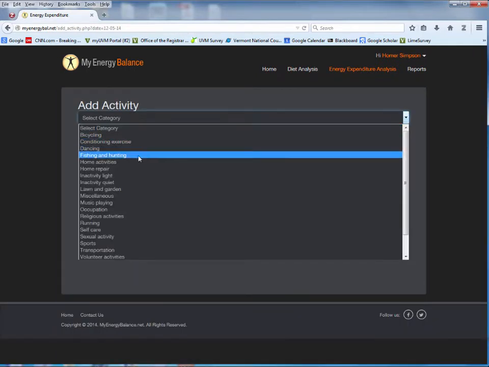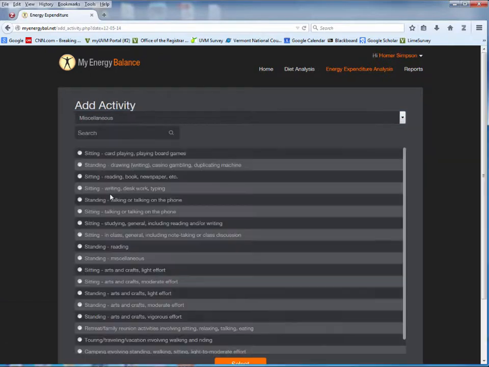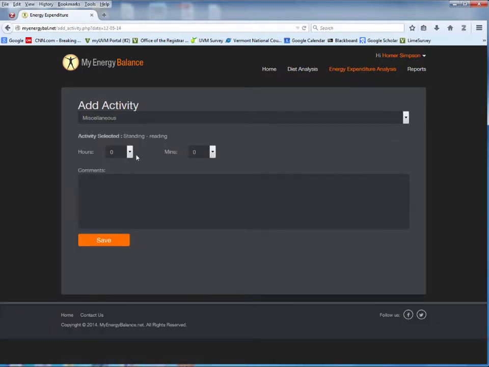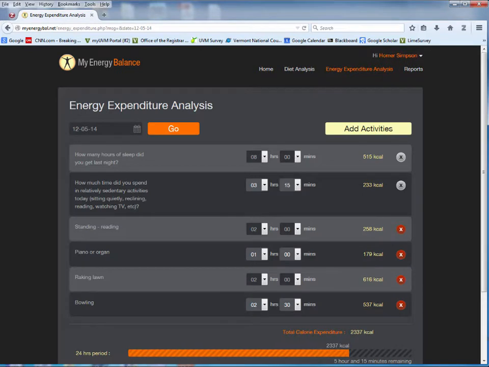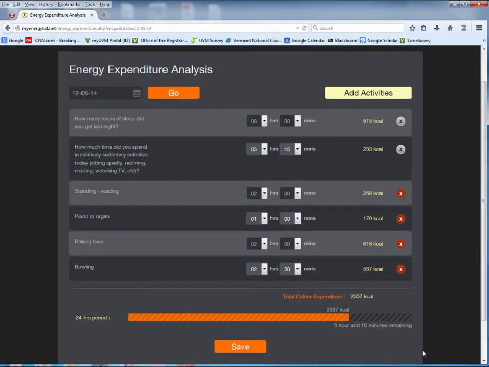And I know that reading in a chair, I think, is under Miscellaneous. Sitting reading. Select 2 hours of reading in a chair. And save. And notice now that we have accounted for all but 5 hours and 15 minutes of the 24-hour day. Let's say that's all the real activity that we did for that day, and any remaining time was basically